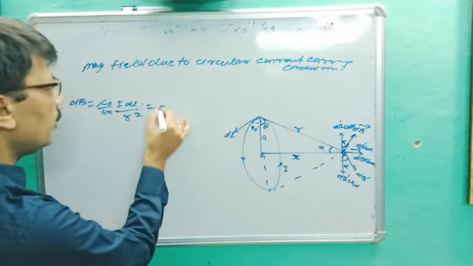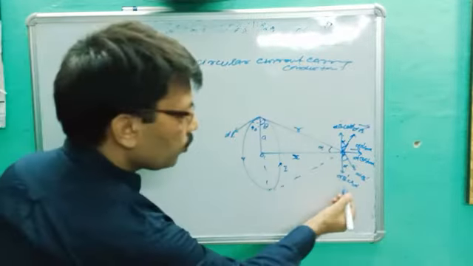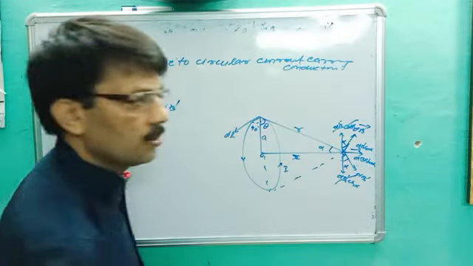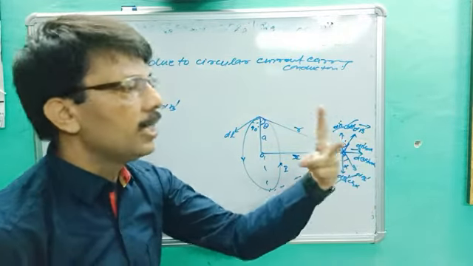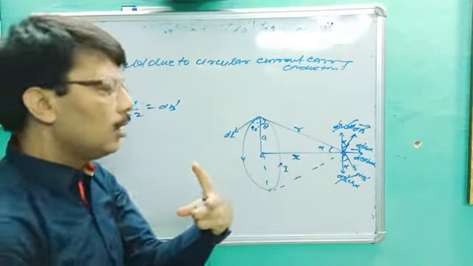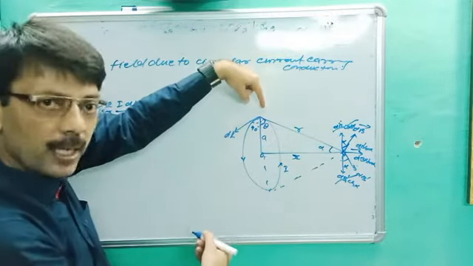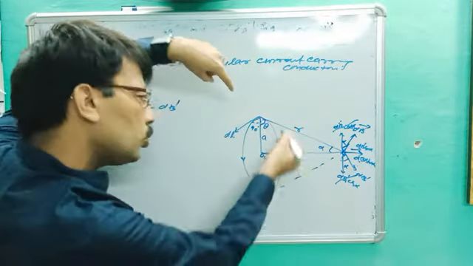So we can write dB is equal to dB dash. Are you getting it? So no doubt dB is equal to dB dash. dB cos alpha and dB dash cos alpha are equal and opposite, so this will cancel out. Only we will get dB sin alpha plus dB dash sin alpha. It means we will get 2 dB sin alpha, and you have to integrate from 0 to pi a, because the total circumference is 2 pi a. Or otherwise, if you are only taking dB sin alpha, you have to integrate from 0 to 2 pi a.